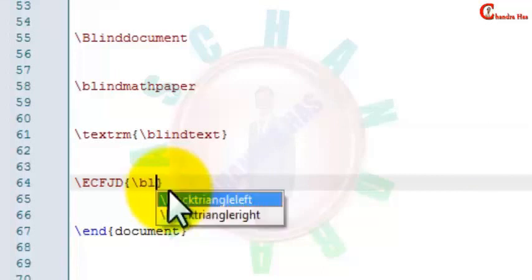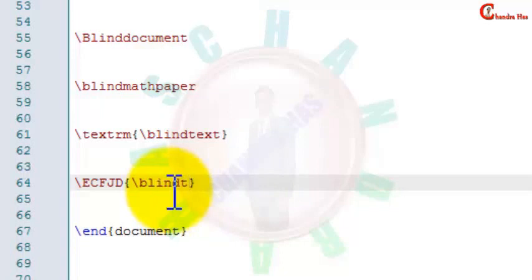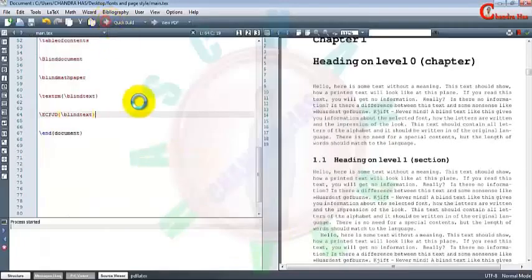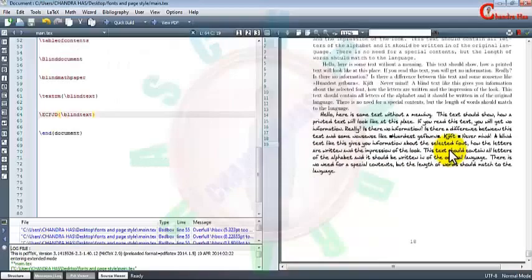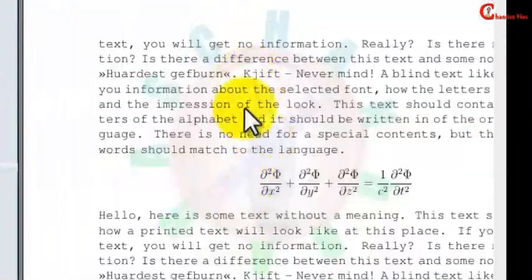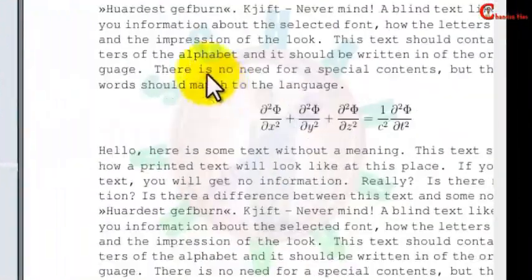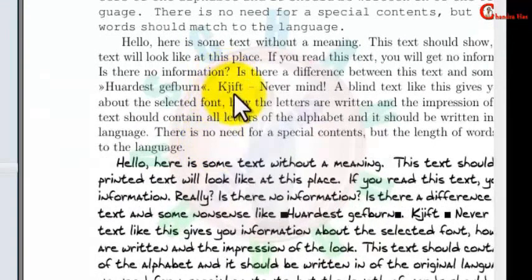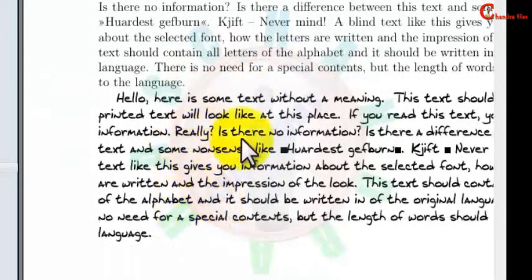So here I write the handwritten font command, and in brackets I write my text. Now go to compile. So now you can see that this is the Courier typewriter font. This one is the textrm font, and this one is the handwritten font.